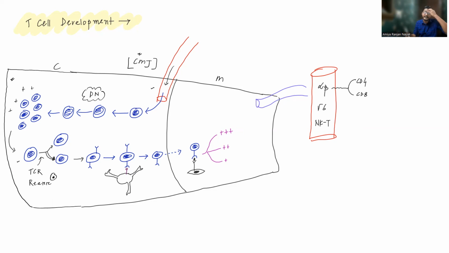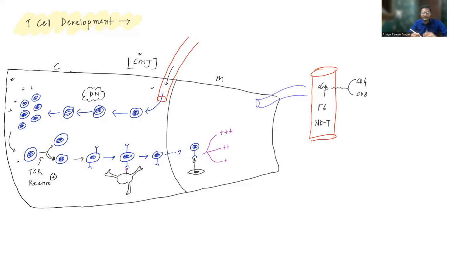Basically, this T cell receptor rearrangement is required to produce different types of T cell receptors which can identify different types of antigens. Okay. So the T cell receptor rearrangement will happen and that will produce